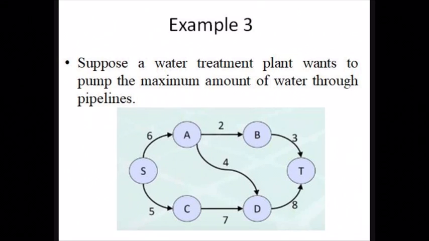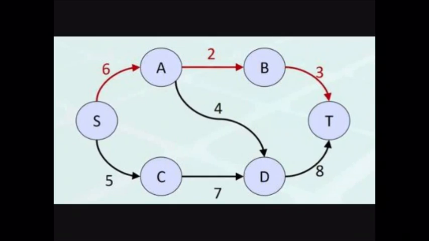Okay, for example 3, from node S to node A, the capacity is 6 million gallons per day. From node A to node B, the capacity is 2 million gallons per day, and so on. In the first step, let's find a path from S to T. There are several paths. We need to identify one path at this time. For example, this path